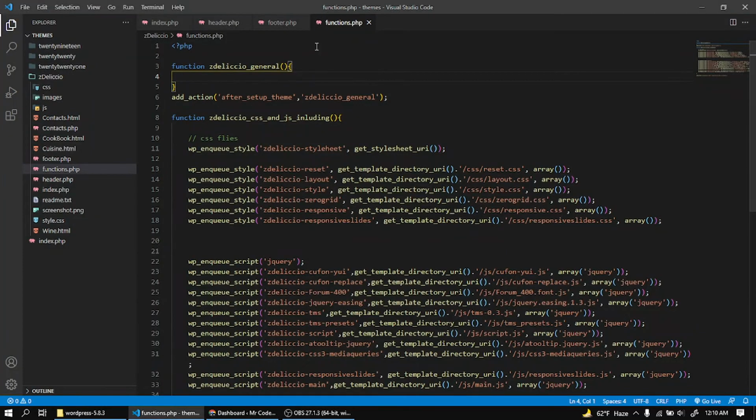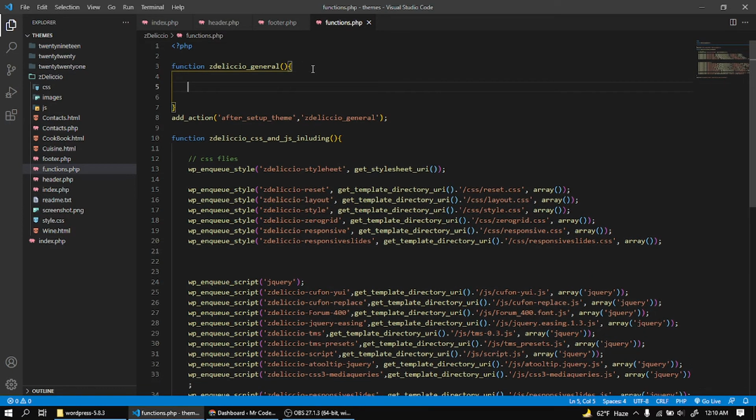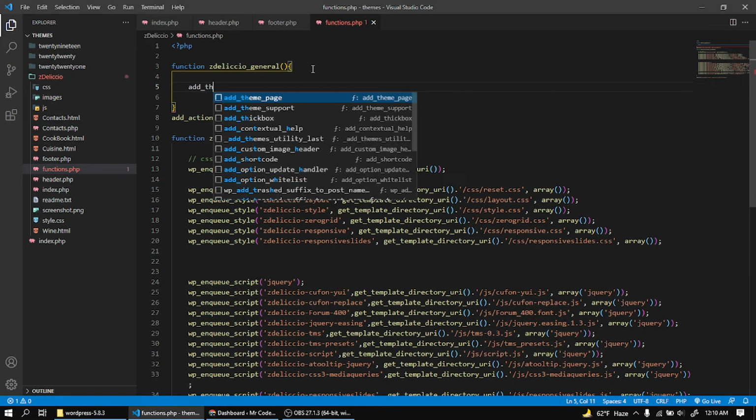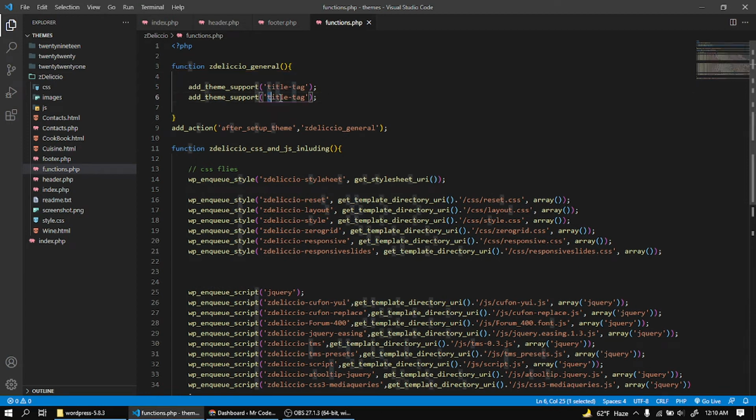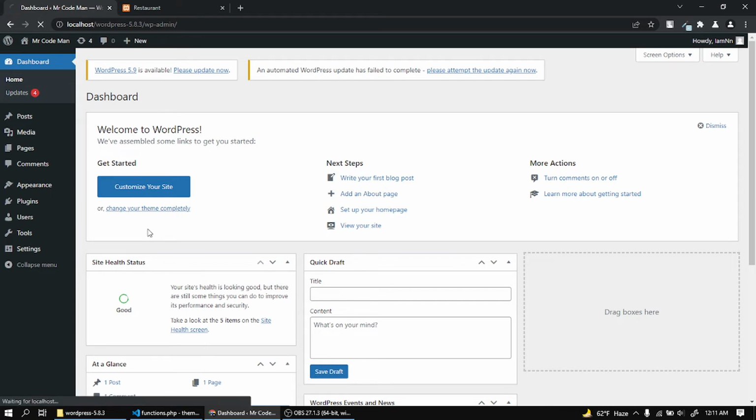Okay, our function is okay, and then add the add_theme_support function, right? First write the parameter title-tag, and then write custom-background. Okay, if we see,